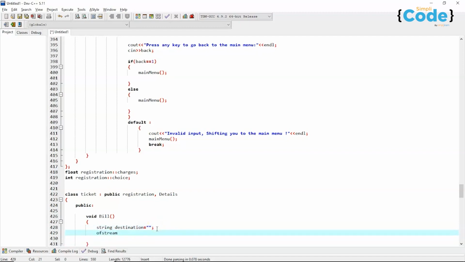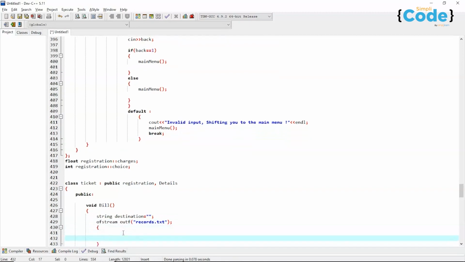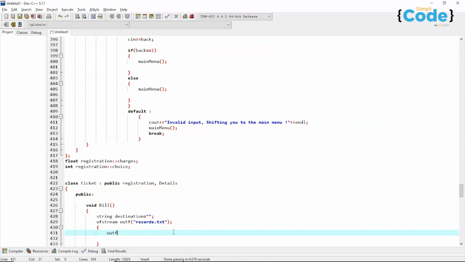So now ofstream, as we know, is used to create or write information in the files. The object of ofstream we have created is outf. Now let's say the file is records.txt, you can name it as per your choice, in which the data of the flights is being stored. Now we'll write inside this records.txt file. So as we know, to write inside the file the object name and then whatsoever we want to show inside the file,